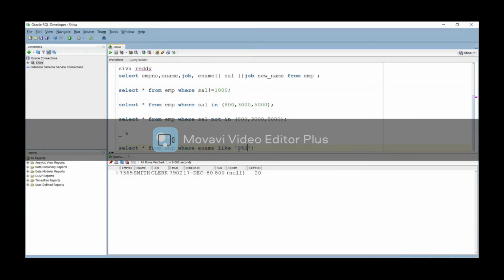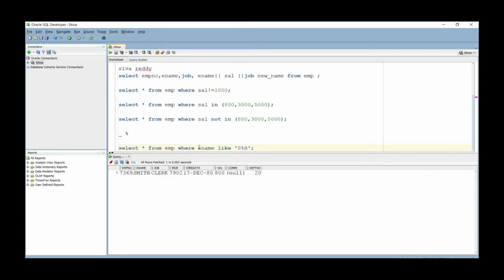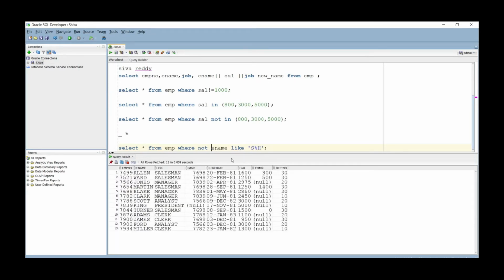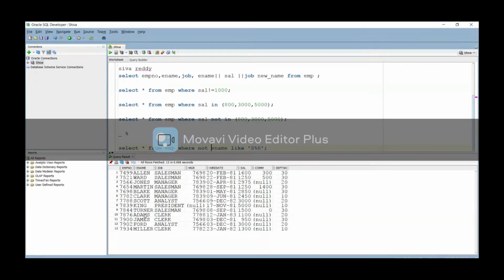I need all the details. Other than Smith, whatever values we have, we got all of them here. Got it? Yeah, got it.